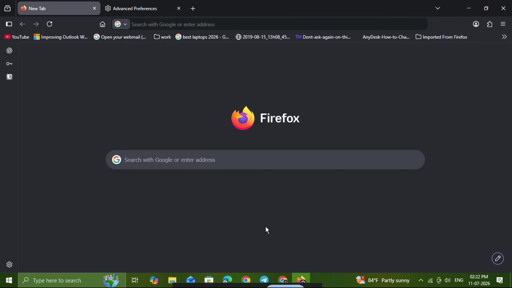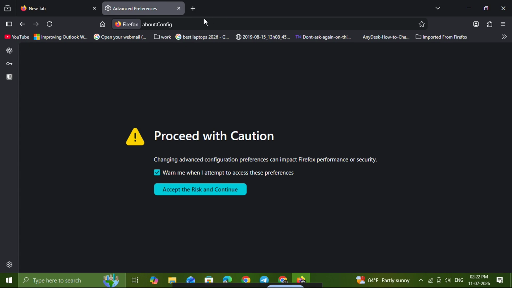Let's jump right in. First, open Firefox on your Windows computer. In the address bar at the top, type about:config and press Enter. This takes you to Firefox's advanced configuration page where you can change hidden settings. When the warning message appears, take a moment to read it carefully. Firefox is simply letting you know that these settings can affect browser behavior, so click Accept the risk and continue